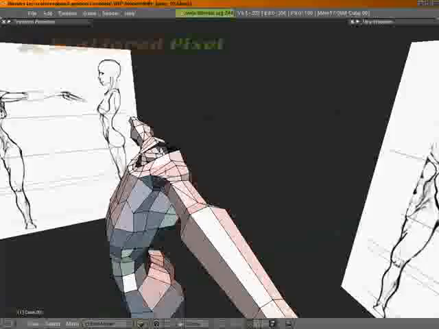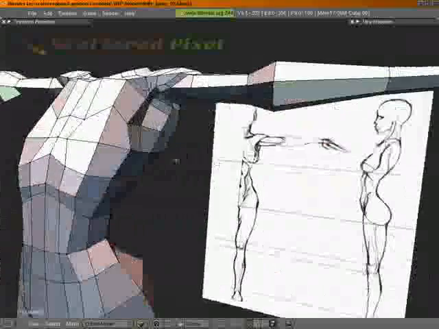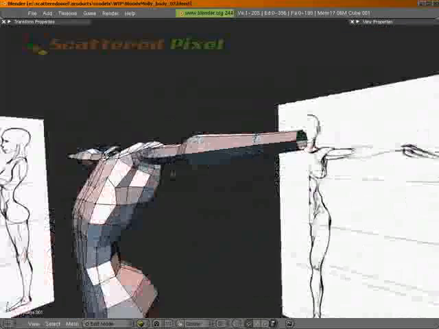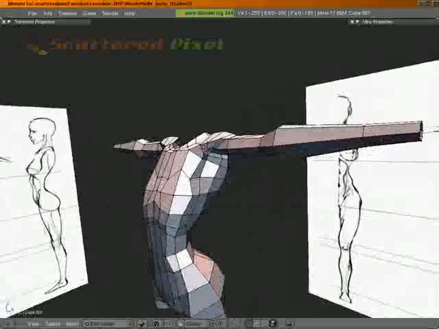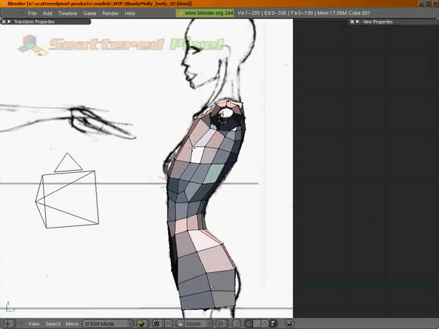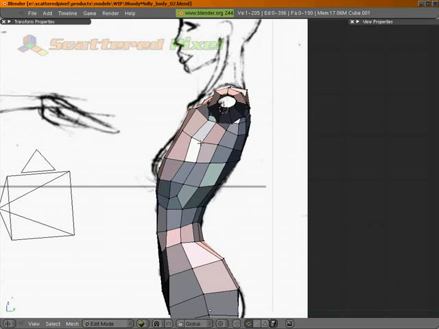And yeah, we have a lot more divisions in the back than we have in the front. You're a lot less likely to see the back. Well, it kind of depends on what you're doing. I doubt you're going to be modeling this for a game, but if you are, chances are, if she's the main character, then you are going to see the back a lot more prominently. So